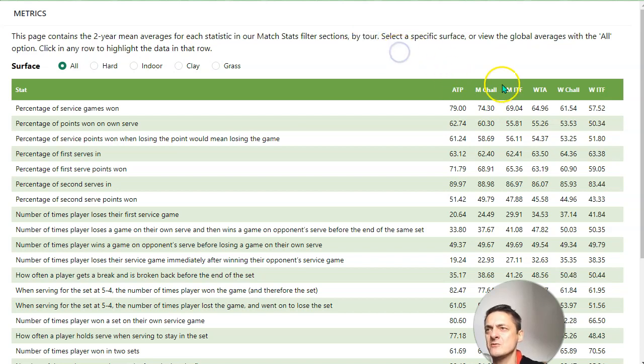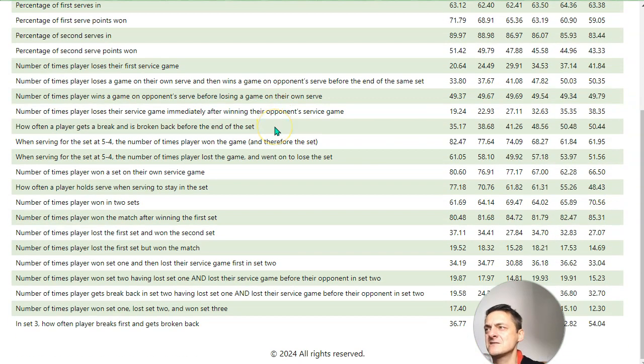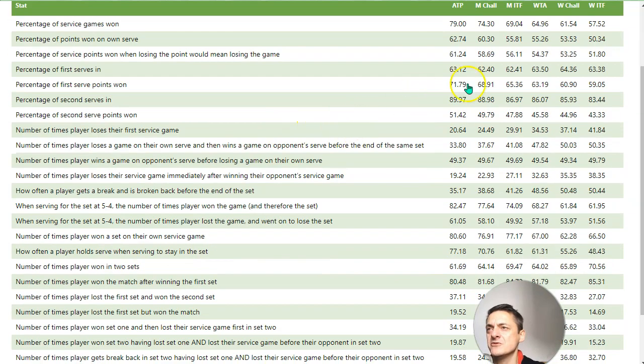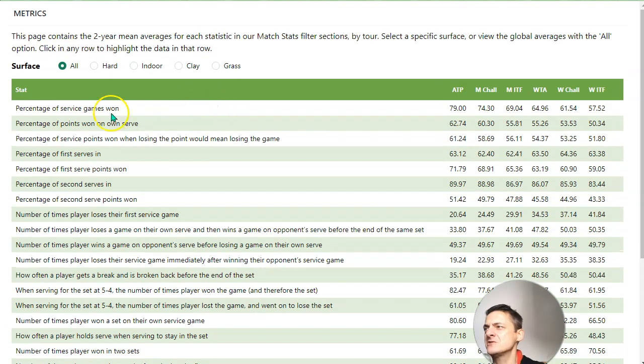So what we've got is 6 columns. We've got 3 for the men: ATP, Men's Challenger, Men's ITF, and then we've got WTA, Women's Challenger, and Women's ITF. And we've got all of the stats that we have on the filters page here with the 2-year mean averages. So for instance, if we look at percentage of first serve points